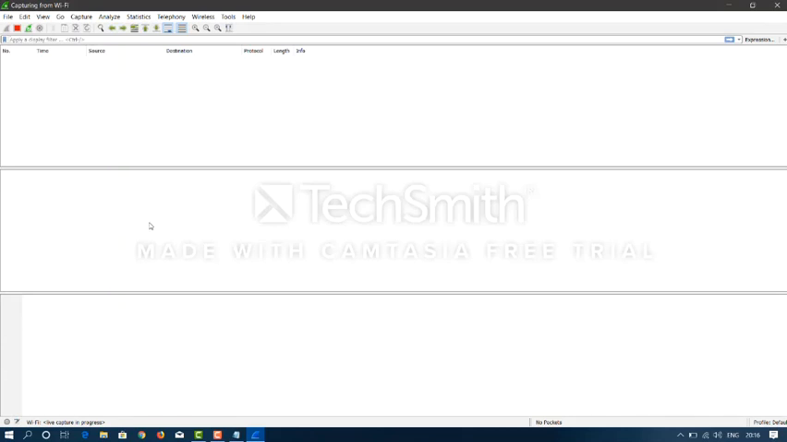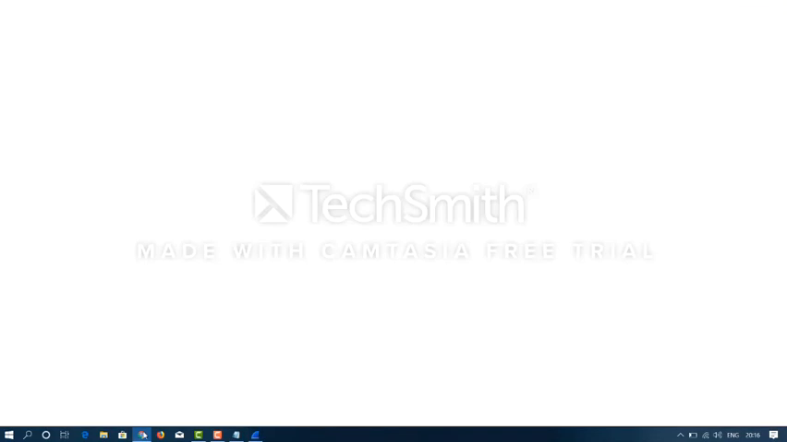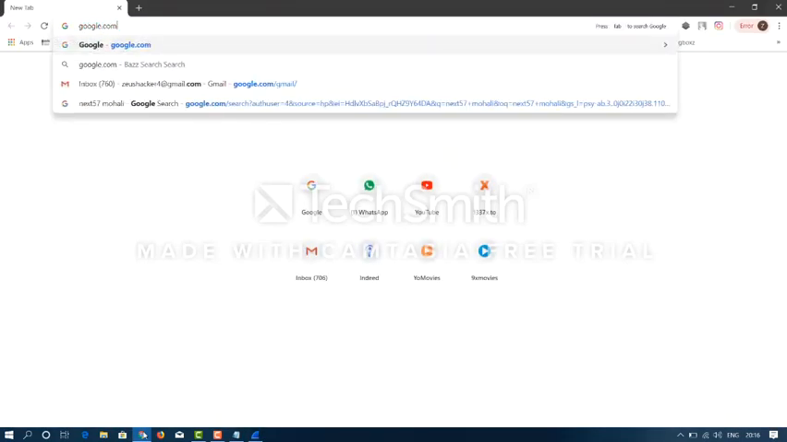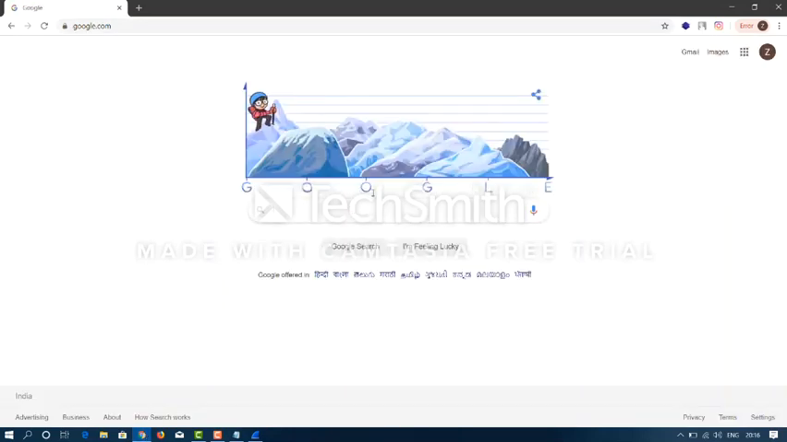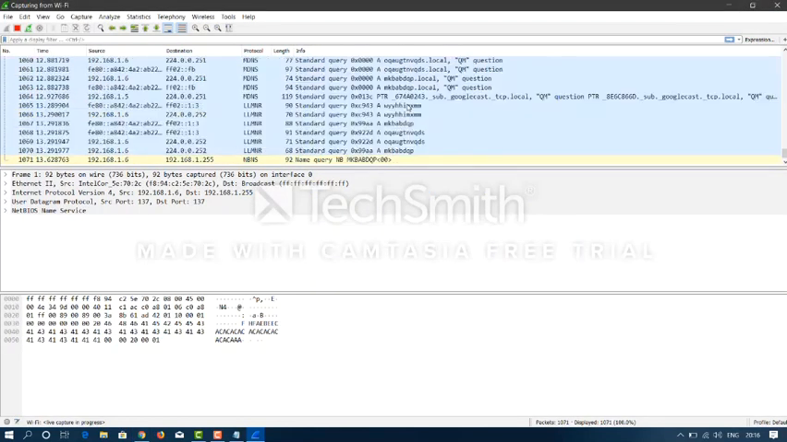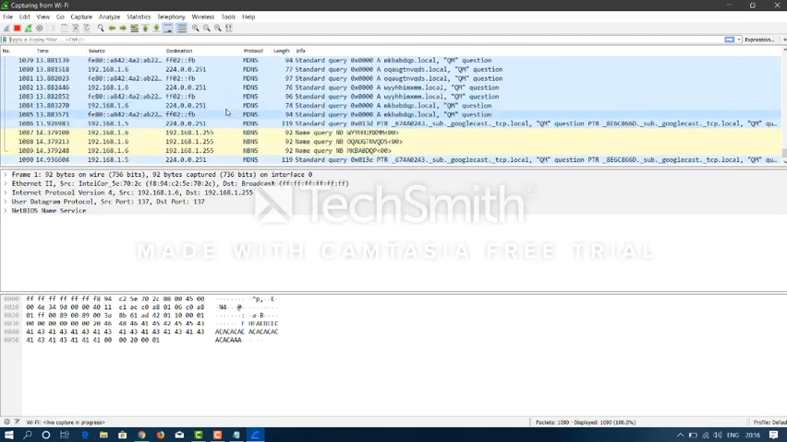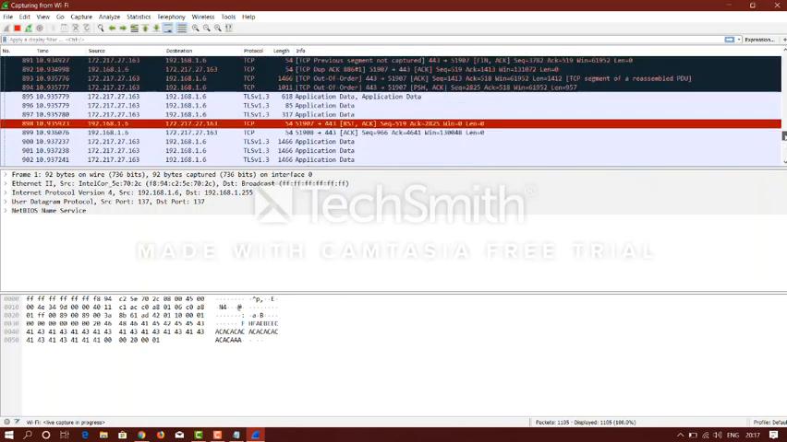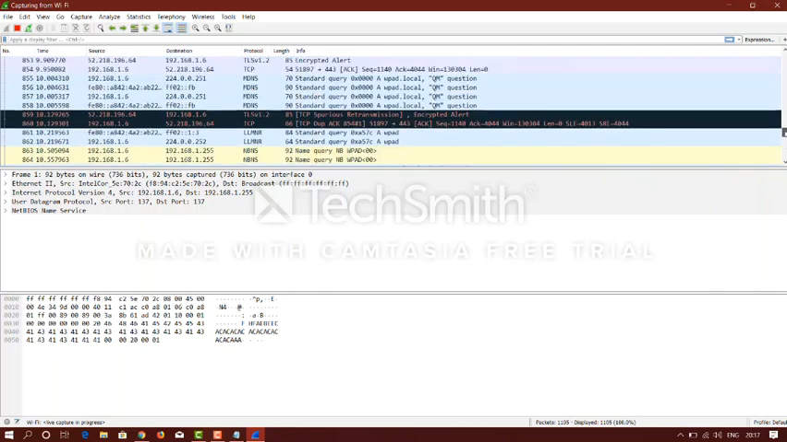Now we have started capturing the packets. We will now open a website, google.com, so that we can capture the packets. Now we can minimize the browser and see all these packets that are displayed or captured. You can see a lot of protocols over here. You can see MDNS and